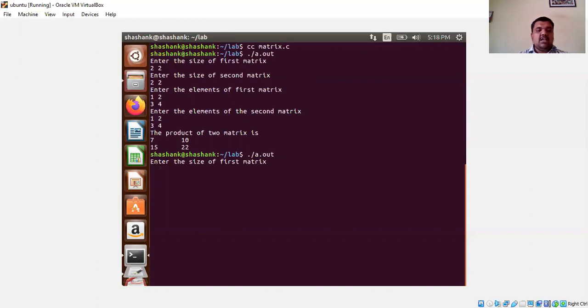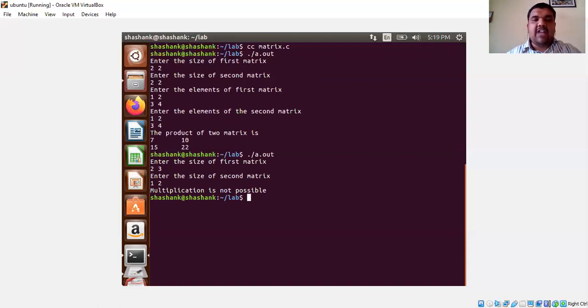Yes. Now enter the size of the first matrix, 2 space 3. Now I will enter the size of the second matrix, 1 space 2. Are they both the same? If the value of n is equal to p, now, 3 equal to 1? No, certainly not. Then what will be the result for this particular order of the first and second matrices we have taken? It is going to print matrix multiplication is not possible. Is that true? Let us check. Press enter. Yes, multiplication is not possible. So this is how the matrix multiplication program is going to work.